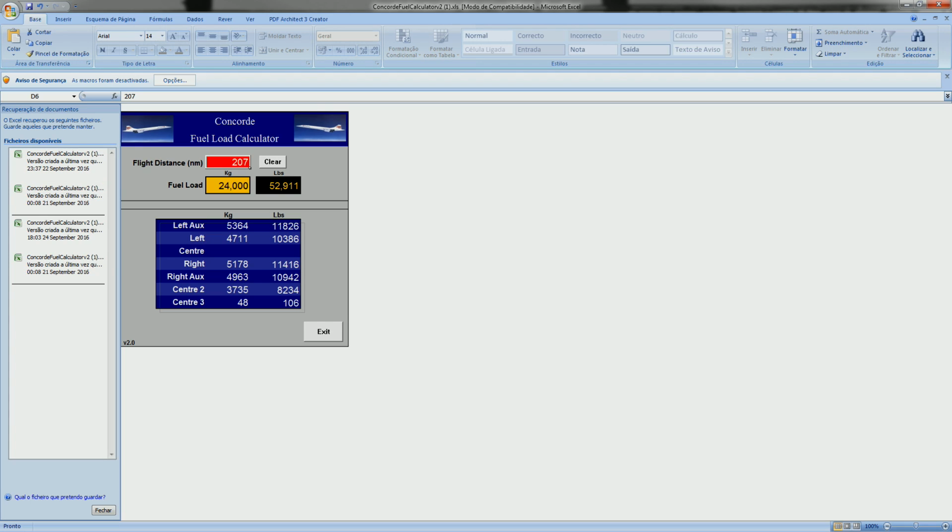So what you need to do is add a bit extra if you're flying subsonic, or if you have any particularly lengthy subsonic sections of your flight. In this case, it's given us a base of 24,000. But what I would do is add 15 tons to that, which would give us about 40 tons in total. That would be reserve fuel plus this trip fuel. And then I would probably add another 10 tons or so to that, just to compensate for the fact that we're flying subsonically, and probably at quite a low altitude as well if we're just doing London to Paris. So in total, I would say between 50 to 60 tons would be a good ballpark figure